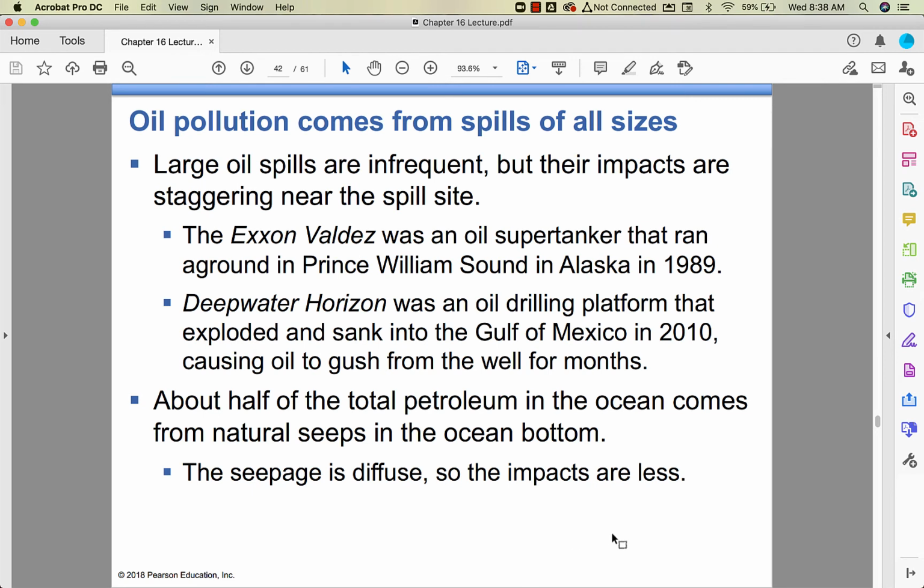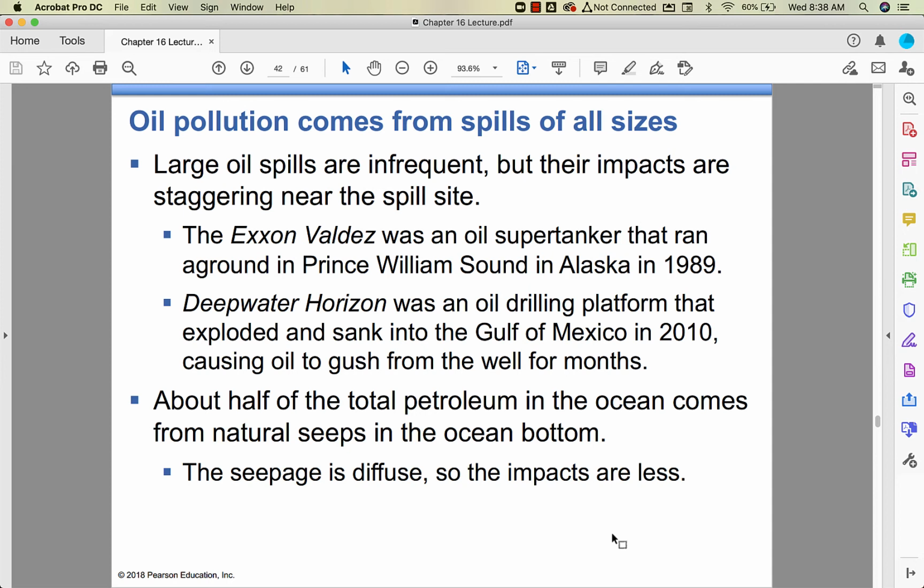Oil pollution is another thing. I remember the Exxon Valdez. I was in 8th grade or 9th grade when that happened. I think it was in 8th grade. And I remember seeing pictures of all the wildlife just covered in oil. I also remember Deepwater Horizon, and I can show you guys pictures about both of those things and some of the issues with it. So we don't have really big oil spills, but they are big issues when they happen